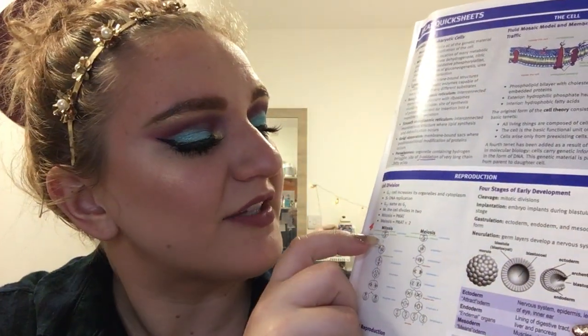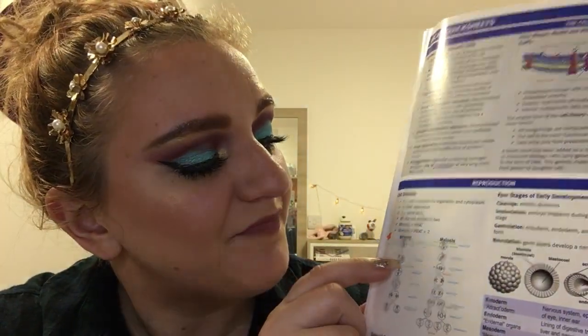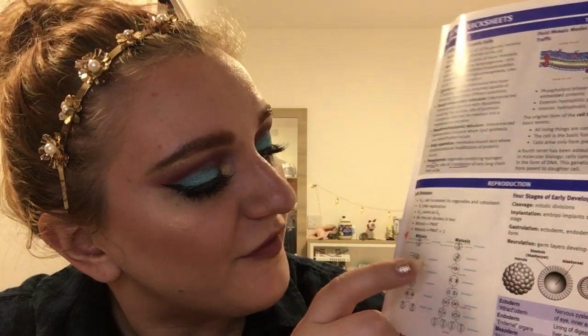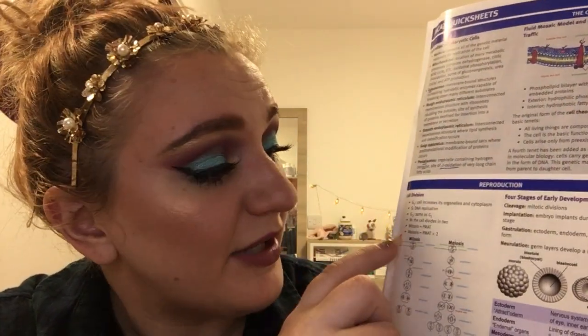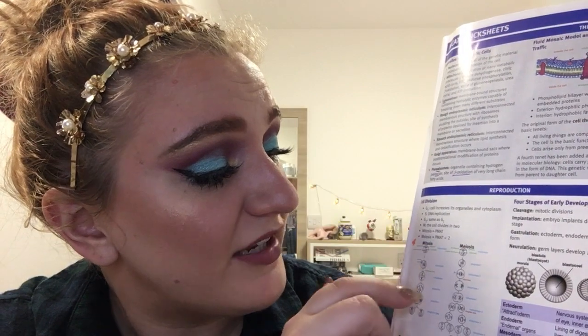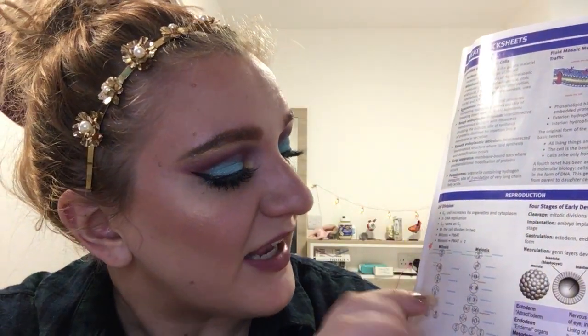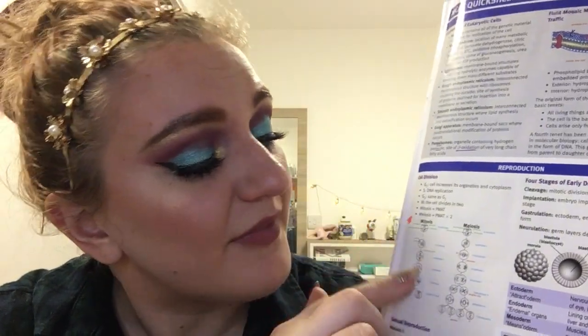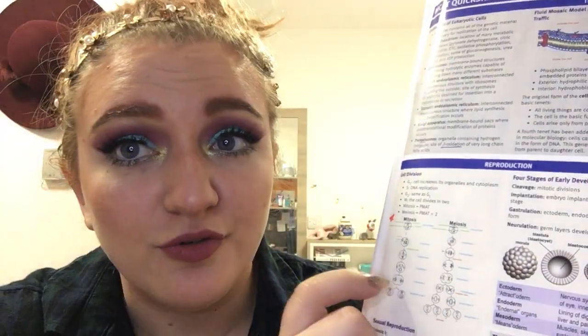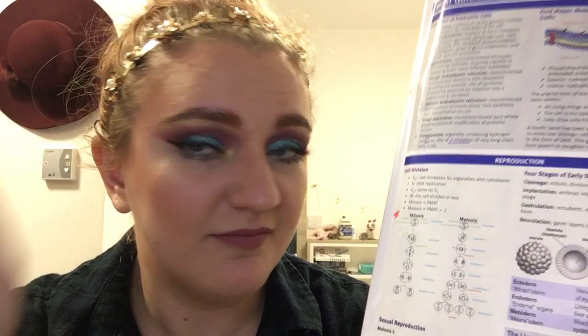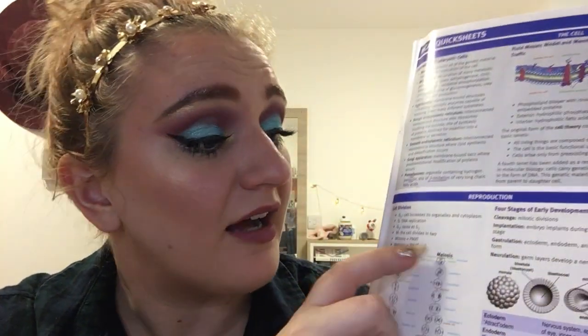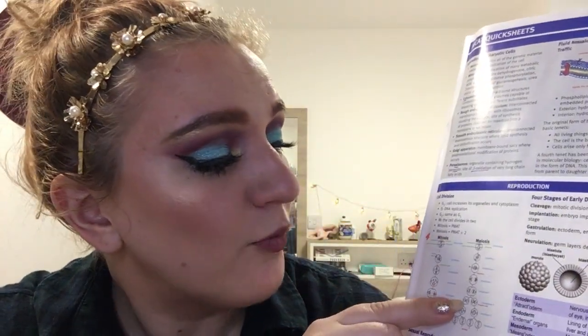So basically we start with interphase, and then we go into prophase, metaphase. This is all the same in mitosis and meiosis. Interphase, prophase, metaphase, anaphase, telophase. Then in mitosis, from there, we just go into the two daughter cells, and then we're done. Done. Then when it comes to meiosis, we're not quite done yet.